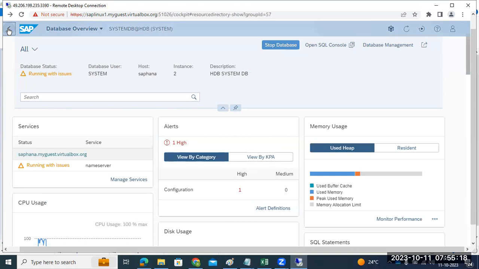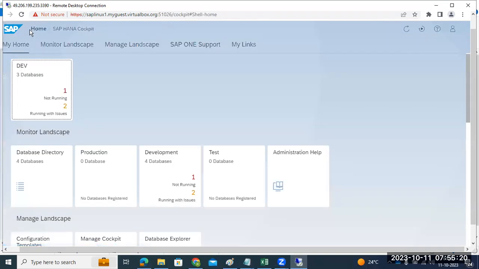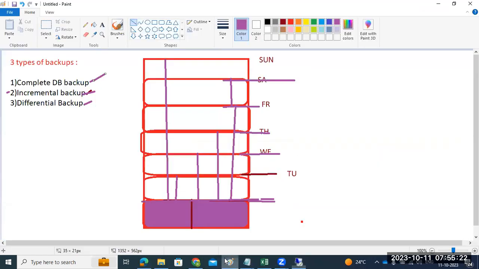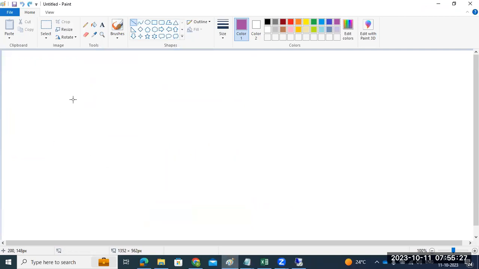Okay. So this is about the backups. Tomorrow I will explain about the recovery, backups and recovery, how to do the recovery in case of